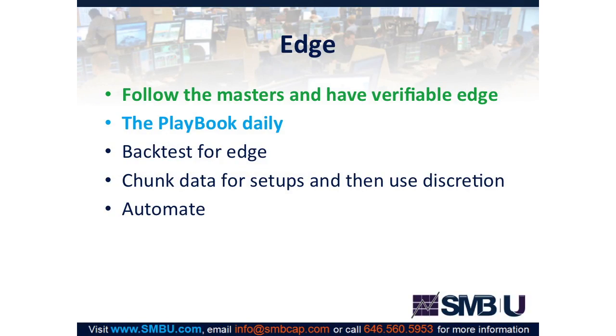All right, edge. So there's different ways to get edge. One of the ways that's really great that people don't necessarily talk that much about is to follow the masters. Follow the masters who have a verifiable edge. So find somebody who's done it, find somebody who is profitable, find somebody who has a track record, and try and co-opt what they're doing. Don't copy, co-opt. Just like a great painter in the past served as an apprentice, you can serve as an apprentice to masters and try and co-opt some of those trades. While you're doing that, what's the most important thing? To learn how to think. To learn how to think like a pro trader.